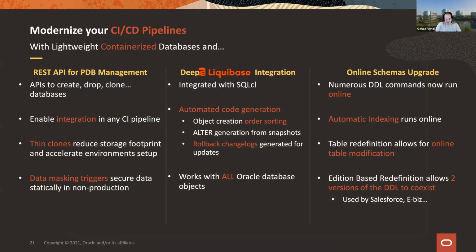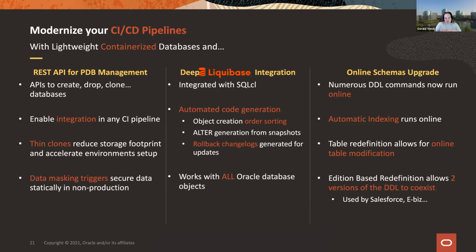CI/CD pipelines. This is actually a really important area as well when we look into the overall ecosystem: how to tie the Oracle database into modern CI/CD workflows or pipelines altogether, into rolling out changes. We do have REST APIs for PDB management. So lifecycle management APIs actually allow you a REST interface just to spin up a new pluggable database and destroy it. You can leverage this with Jenkins or any other CI/CD pipeline tool to essentially create new environments and destroy them as you run through your CI/CD